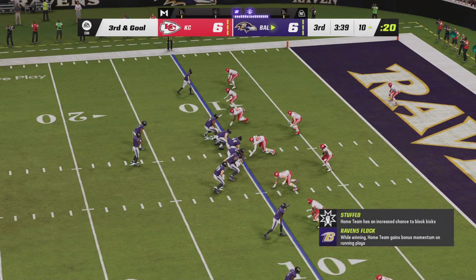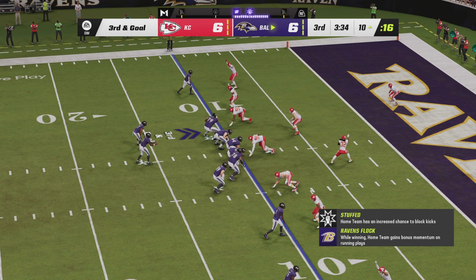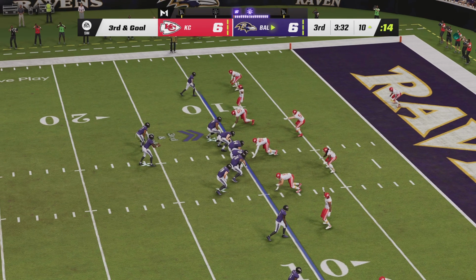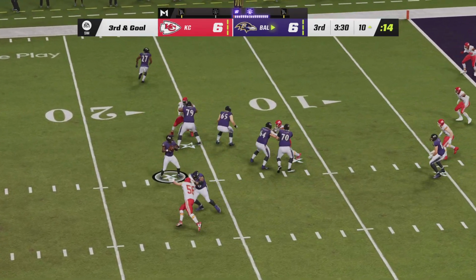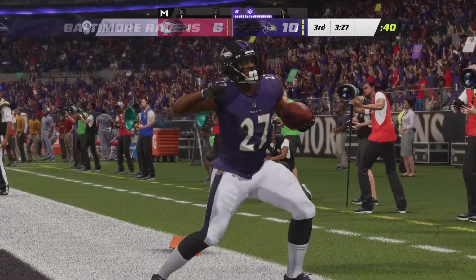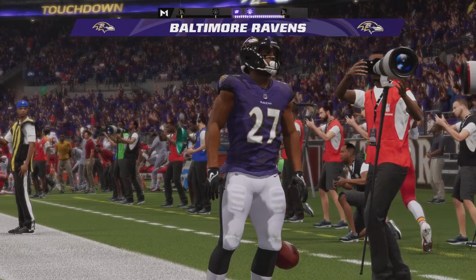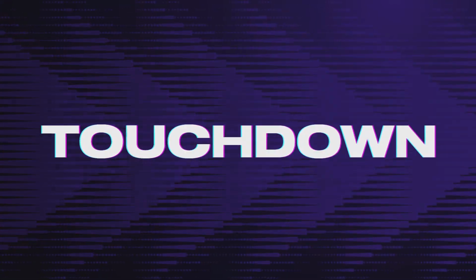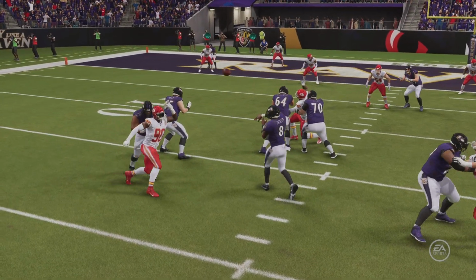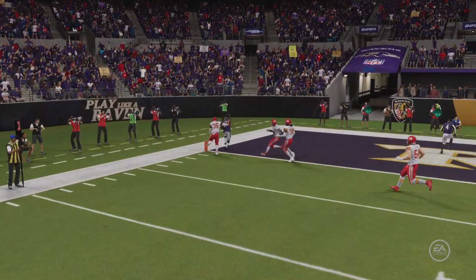And now can they reverse the trend on 3rd and goal with the last 2 plays having gone backwards? Jackson. He'll swing this out to Dobbins. And in for the Ravens touchdown. J.K. Dobbins from 10 yards out. And the Ravens have taken the lead as they go right down the field and score on the opening drive